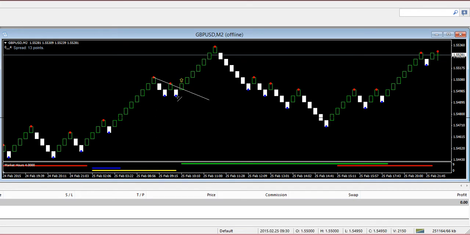And our second entry for the day was this down break. Again, you can see that this Renko brick closed below this trend line. And how did we establish this trend line? Simple, by just connecting the two blue dots. This was another nice movement. It went for 5, 10, 15, 20, 25, 30 pips. So the total movement was 30 pips, but again, if you took 15 or 20, that was a very